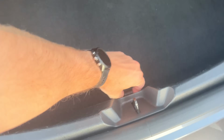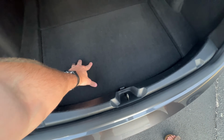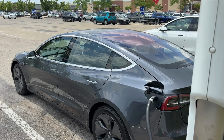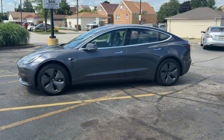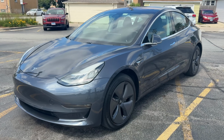Now, ours actually did come with the mobile connector, but we didn't ask for it. We had no access to an outlet on our trip, but we just planned to use superchargers the entire time. Which, if you do charge at superchargers, the host will just send you an invoice for the supercharging cost, so no need to worry about that. But again, if you do need a mobile connector to charge on your own, just make sure the car comes